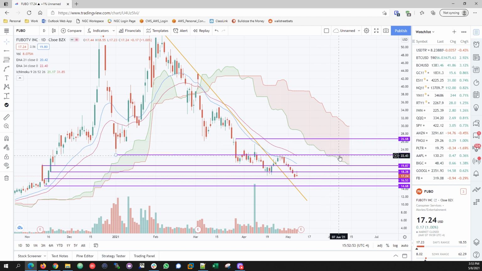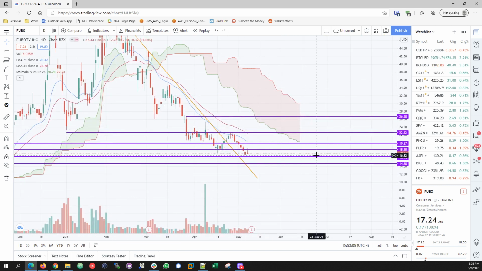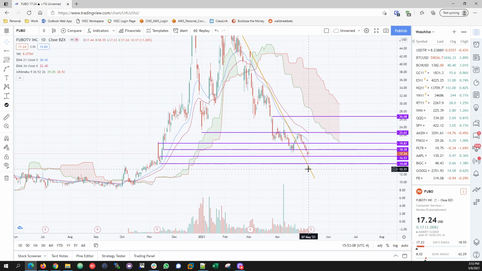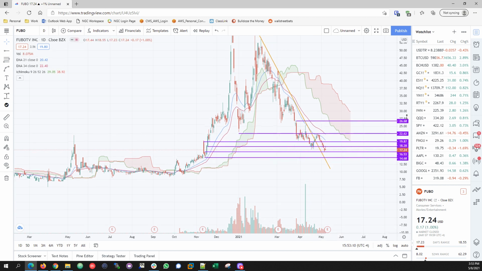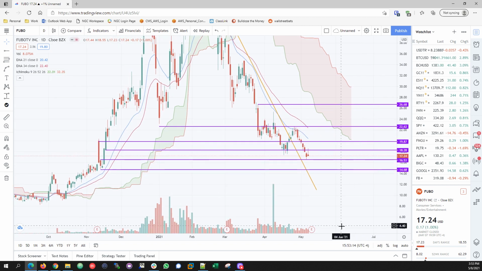Cloud is still red and thick, so I don't see any turning around. The turning around story would be that you see how thick the cloud is until it thins out and it's a transition, then you have some hope, right? We're not there yet. Every time I think we're bottoming out, we just keep on going down. So besides playing these lines, I don't have any other suggestion here.